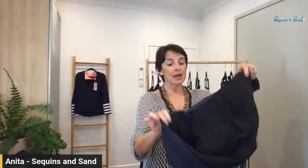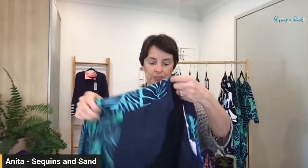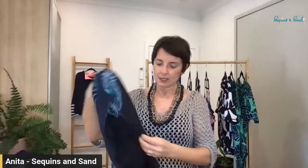So again, as the other zip up that I showed you earlier, because the zip runs through the middle, you know, you're not going to get a super duper support because of the zip through the middle, but a firmness of fit overall with this one piece, because it can be a firmer fit, will give you that extra lift and support. Great bottom coverage with this one as well. It's fully lined at the back,